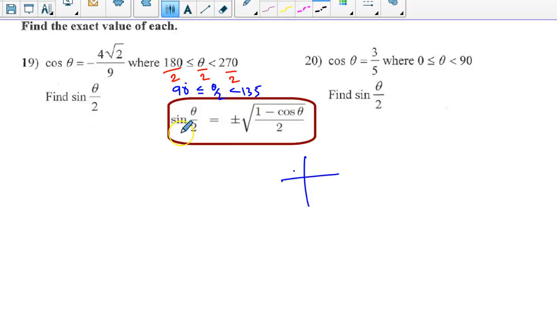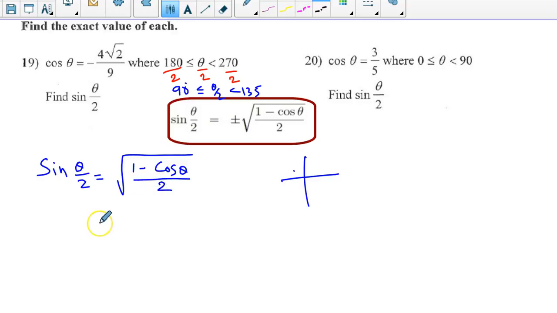In second quadrant, the sign is positive. So I'll just take the value of the formula as just the square root of (1 minus cosine theta) over 2. It is positive, so I don't have to write the plus sign before this formula. Okay, so now I have sine theta over 2 is equal to square root of (1 minus cosine theta) over 2, and here